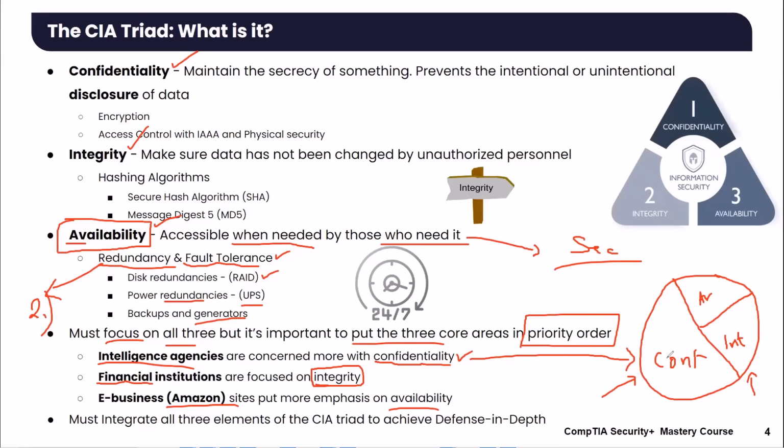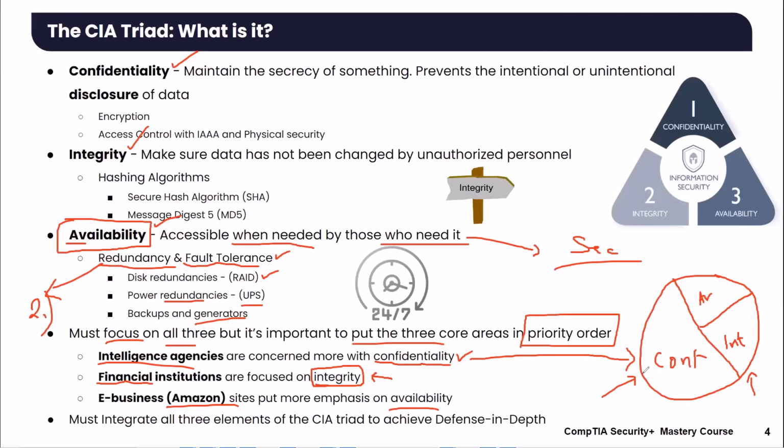Come to find out, the CISO they hired was from Wall Street. And guess what Wall Street cares about the most? Integrity, right? They care about the money, making sure that things are original, making sure that things have not been changed, have not been altered. So this CISO prioritized all the resources on integrity, while the company that hired him wanted him to focus more on